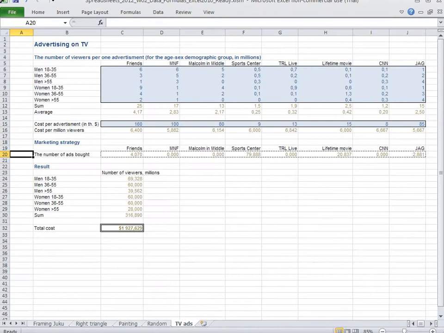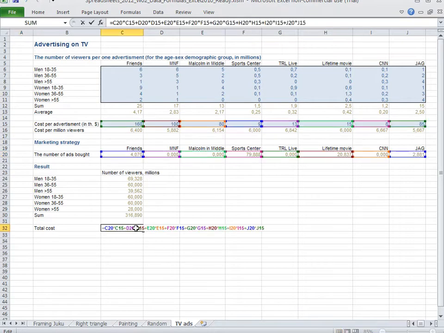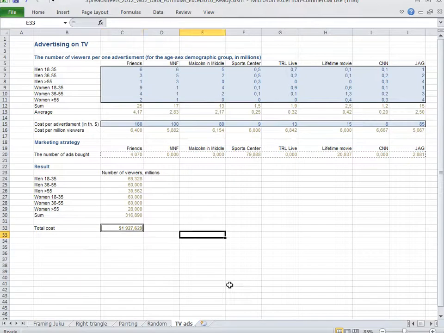Namely, we have thus far made this multiplication work, but for instance for the cost, we multiplied all the advertising decision numbers with the costs one by one and then added them together. There is actually one formula which does the multiplication automatically and really quickly. Let's write it. Equals